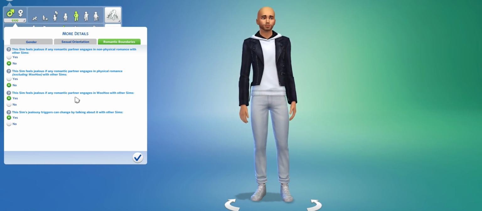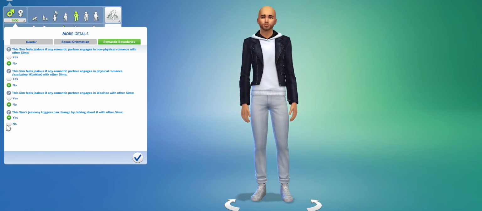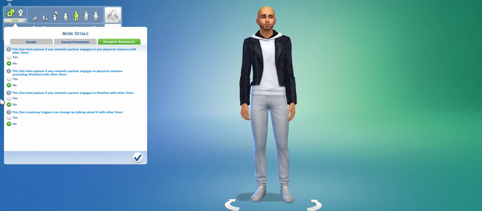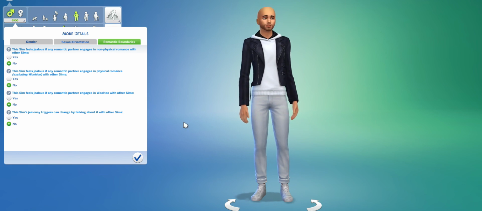Does the sim feel jealous if any romance partner engages in woohoo? No. And he is sure, so he is going to choose no. So you can either have completely polyamorous relationships. If you stick with the options where they all say yes, which is the default, it would just be like your regular